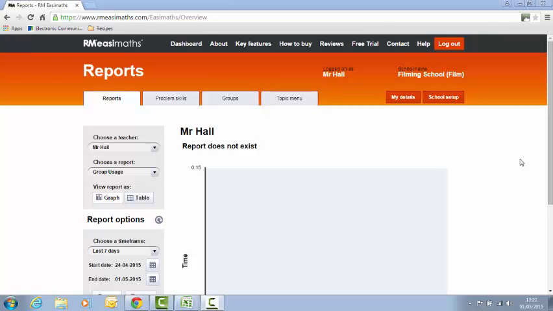Hello, in this tutorial I'm going to show you how to import pupils and then put them into groups so you can set up your groups and pupils for using RM Easimaths. Now I've logged on as a school administrator, which means I've got a school setup button here, so I'm going